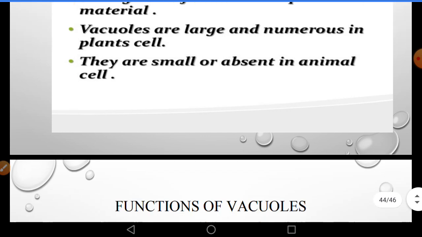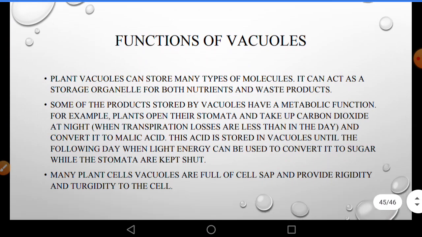Now normally in unicellular organisms, amoeba में क्या होता है? Vacuole जो होता है it takes the food by engulfing it and digestion होने के बाद again the waste material is also thrown out with the help of the vacuole only. So vacuole does the work of expelling excess water and some waste from the cell and digestion of the food taken inside also. So these are the functions of vacuole.